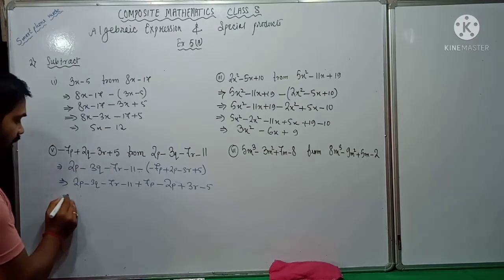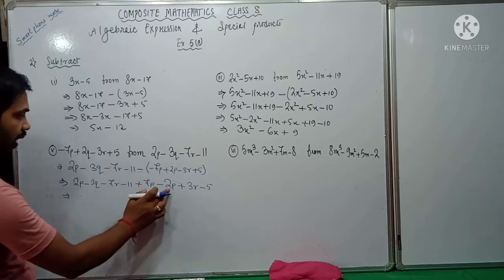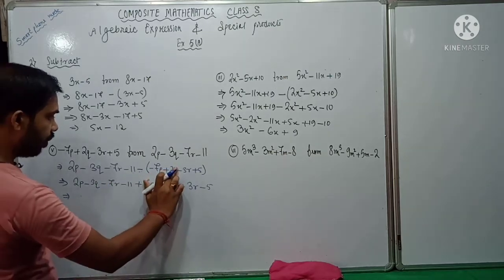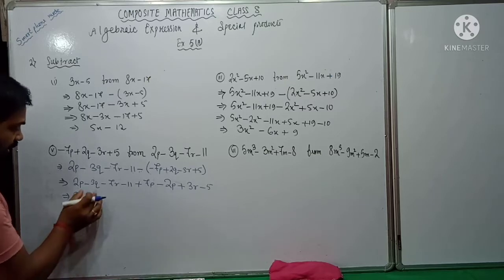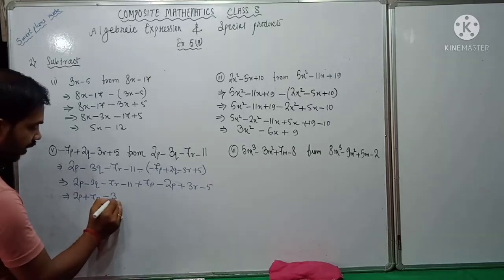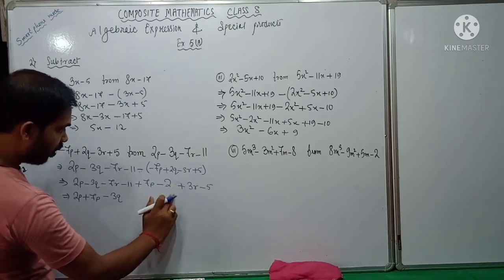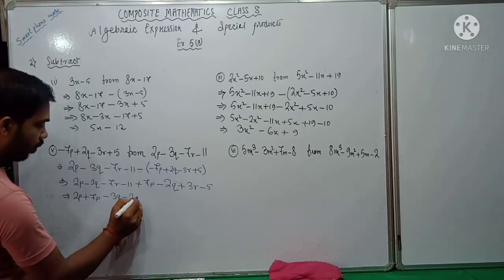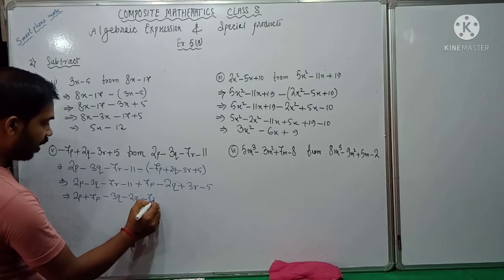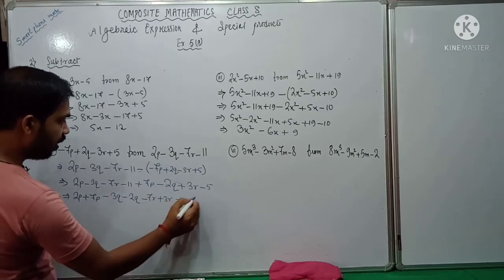Okay. Now like terms: you see the like terms, it is 2p and 7p. Sorry, this is q, not p. See, 2p is with 7p, so 2p plus 7p. Then you see minus 3q, so it is minus 3q, then where is the other q? So I wrote it will be q. So minus 3q minus 2q, then minus 7r, then plus 3r, then minus 11 minus 5.